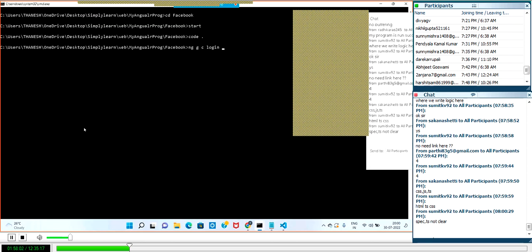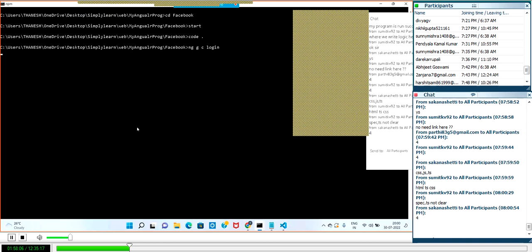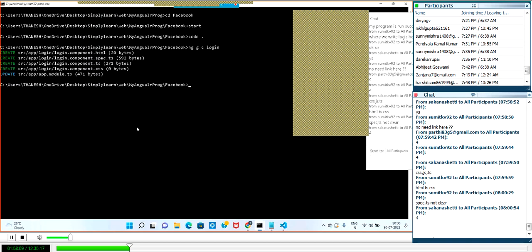How many files does it have to generate? 4 files. Just to check, see whether it is generating 4 files. Whether this is generating the 4 files. Yes. It is generating the 4 files, right? Correct? Yeah. Once it has generated these 4 files,